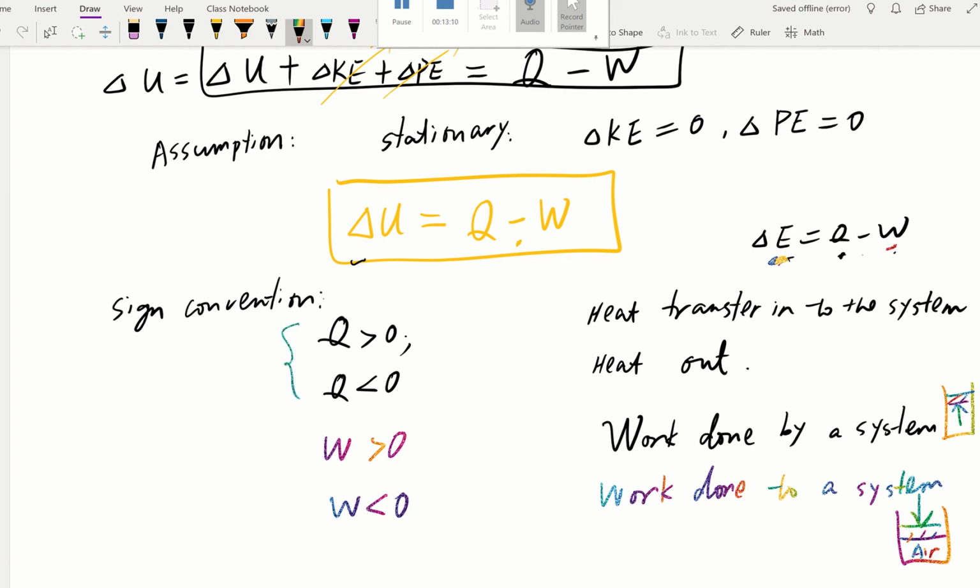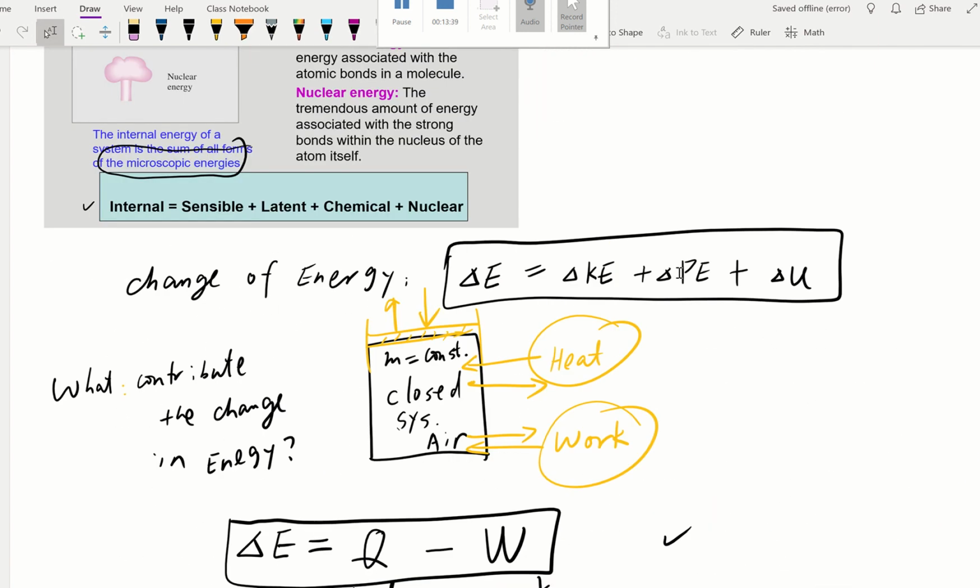Heat transfer is pretty intuitive. And one quick thing to remember about the work: since there's a minus here in this equation of the first law of thermodynamics, we're going to consider the sign convention that we're going to use consistently in the rest of thermodynamics. Work done by a system is going to be positive. Work done to a system is going to be negative. Okay, that's all we have for this video. First law of thermodynamics: delta E equal to Q minus W. And that is critical since you're going to use it a lot.